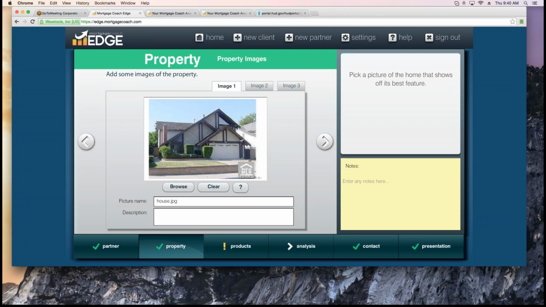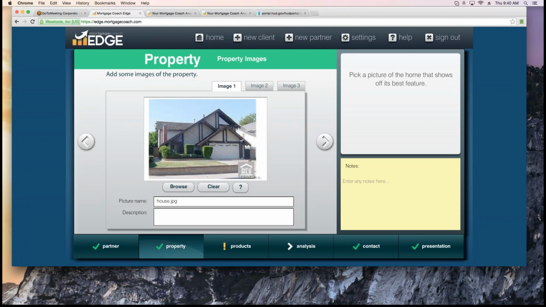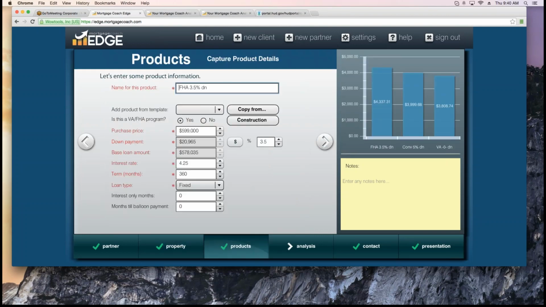And when you're sending both an open house flyer and a seller buy down to the client, you might want to put on a second image so they both don't have that same picture. So that's why we have the different tabs for you here. So have that in there, advance our screen, and then you just develop your products. I have an FHA product here